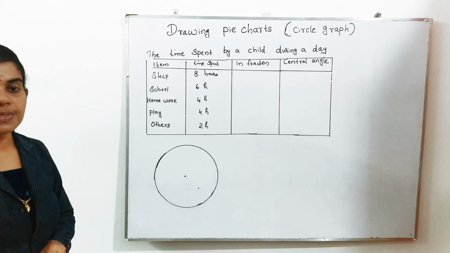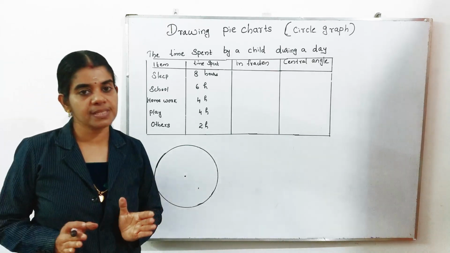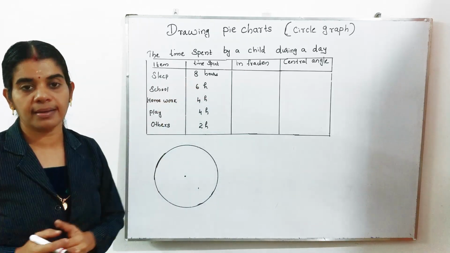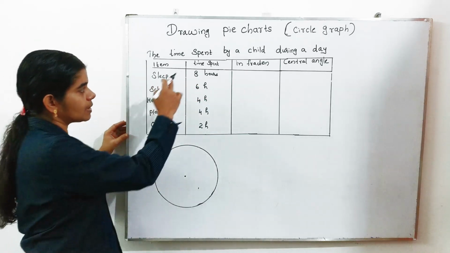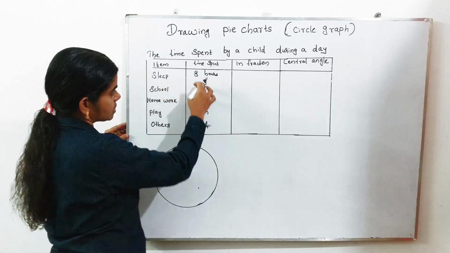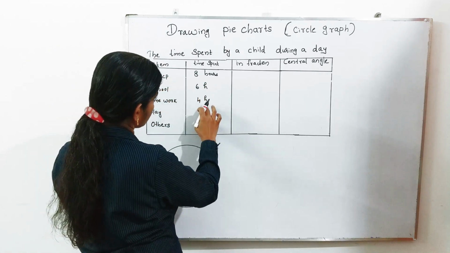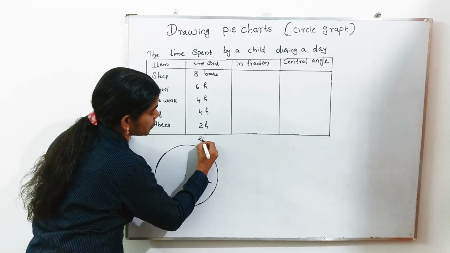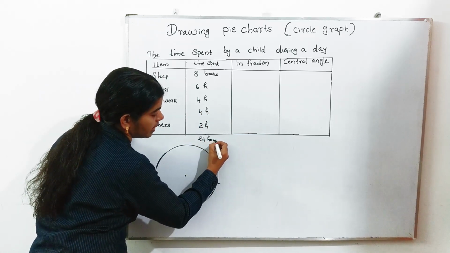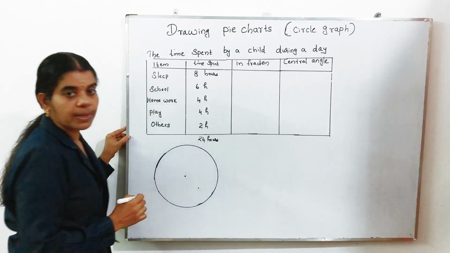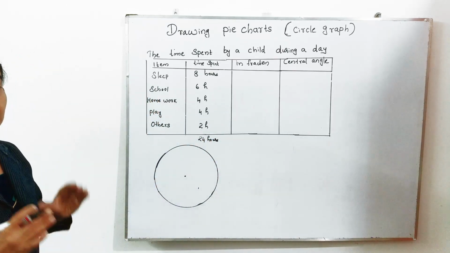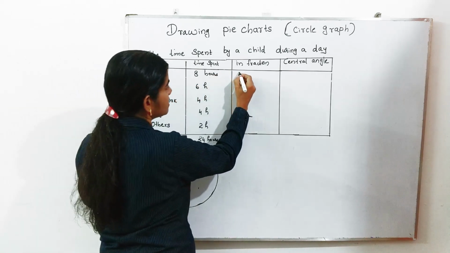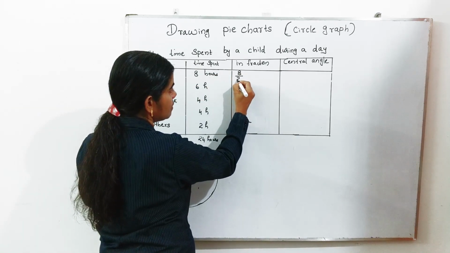First, we already know that in fraction. In the case of a percentage, what we are doing, given number by 100. But here you already know total hours. Total hours will be 24 hours. In a day, you already know that total hours will be 24. Like that, total how much you want to look. Then given number in fraction means 8 by 24.